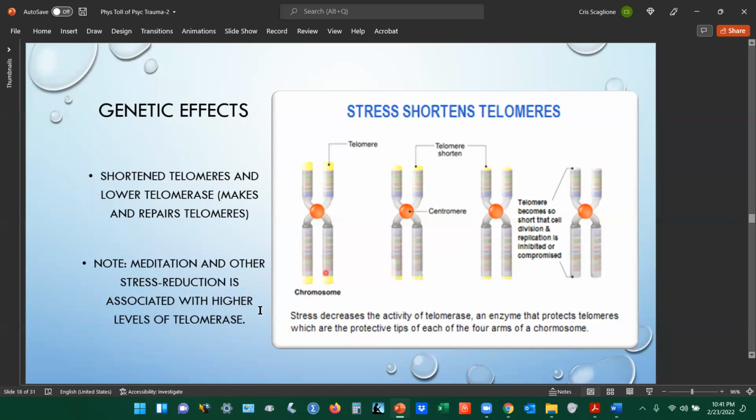Now, what's really cool is that anything we do to reduce our stress, including active meditation, even medication with a C that reduces our stress, actually raises our levels of telomerase and can help correct and repair the length of the telomeres. So all is not lost. But it's very interesting that stress, and you think that stress might enhance our ability to replicate our cells so we stay strong and healthy, but it doesn't. It actually inhibits cell health and the correct